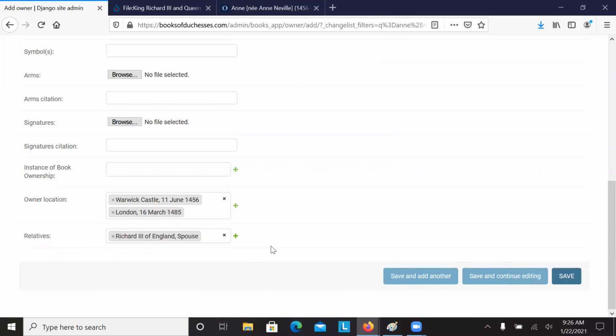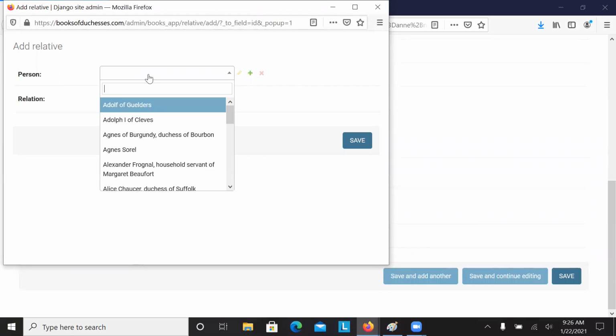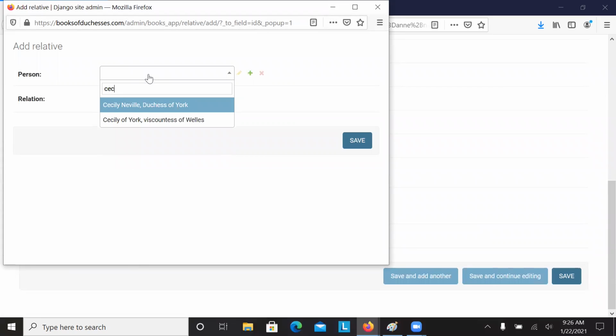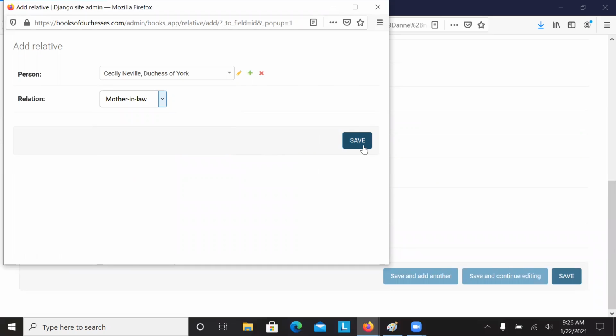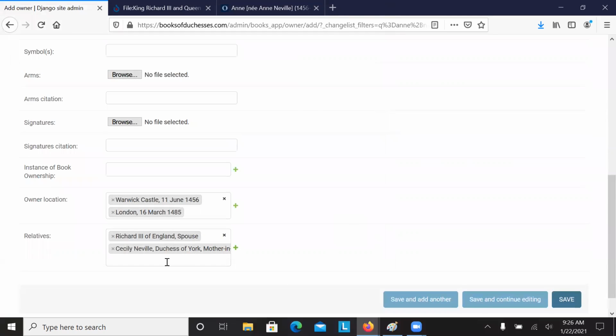This connection with Richard III then allows us to connect her to another person, Cecily Neville, who was Richard III's mother, and therefore Anne's mother-in-law. There we go. And Cecily Neville was a book owner in her own right. So now those two women are connected.